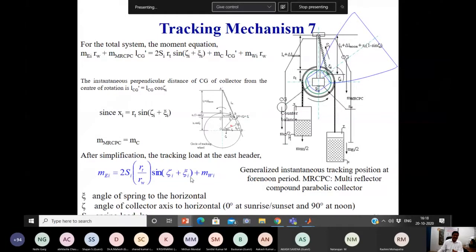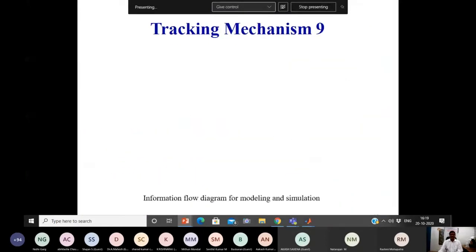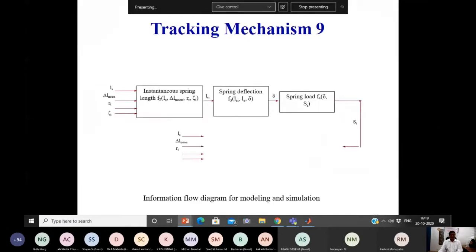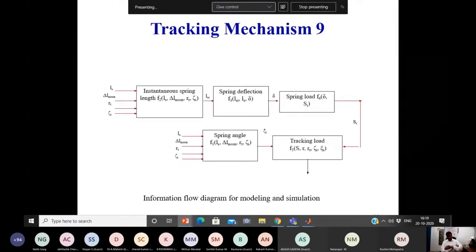The final simplified equation is the variable weight. This variable weight can be controlled to meet the required position. My expectation is the minimum incidence angle or zero incidence angle, depending upon whether it is a linear concentrating collector or a point focus concentrating collector. How to control this variable weight to meet the objective is the main challenge here. Mathematically it has been developed here and practically it is implemented. I am skipping some of the slides due to lack of time.